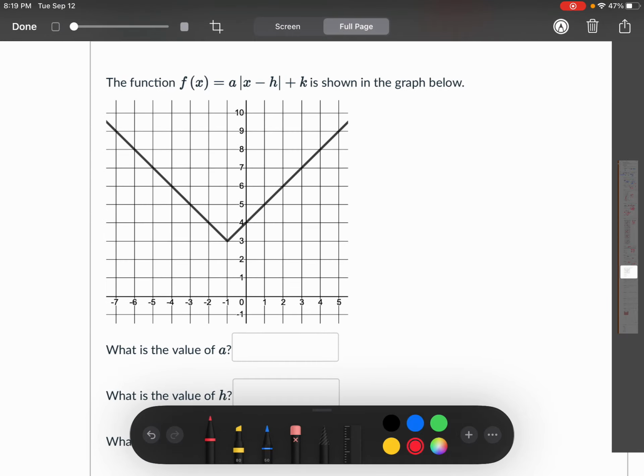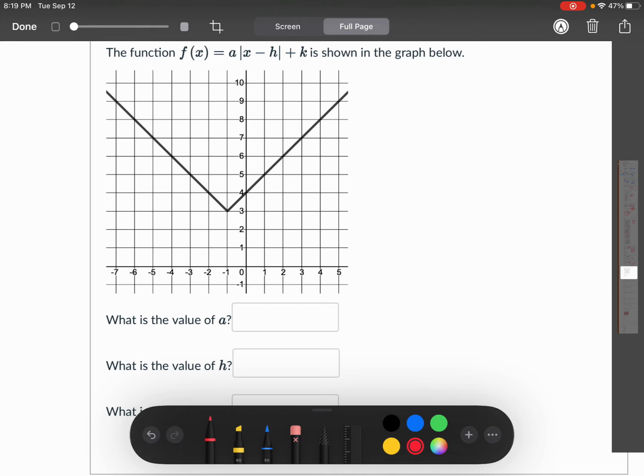Okay, and this one is just asking you what is the transformation here, and if you can tell right here, I went to the left one, up 3, right? Which, so we talked about this quite a bit in 251. At the time, we hadn't done it extensively, but that's how that works. So I end up with an x plus 1. Remember, that is going to be the opposite of